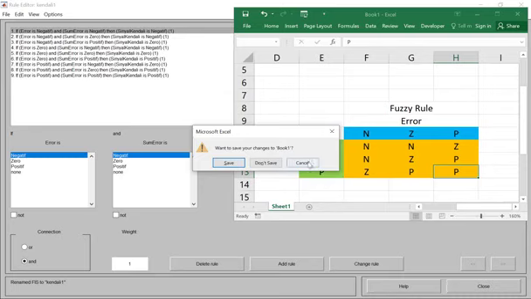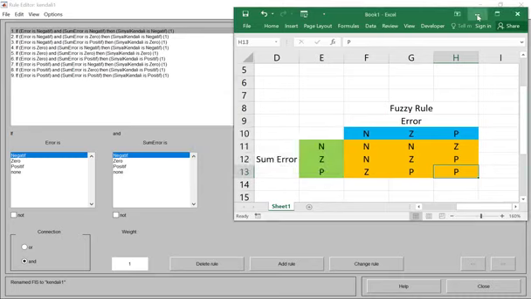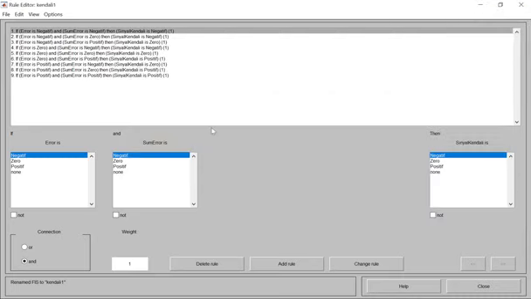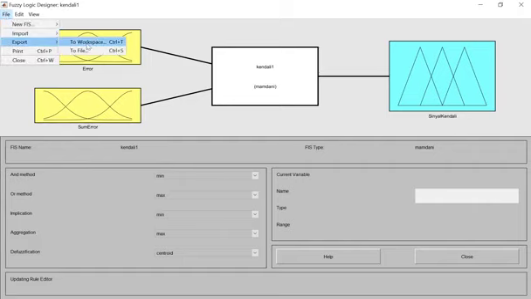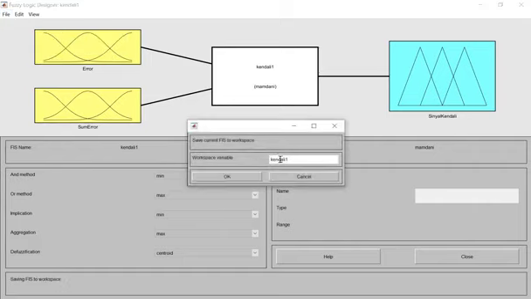Okay, I think that is enough for this explanation. After your fuzzy logic controller design is finished, you need to export to the workspace here and give it any name that you like.